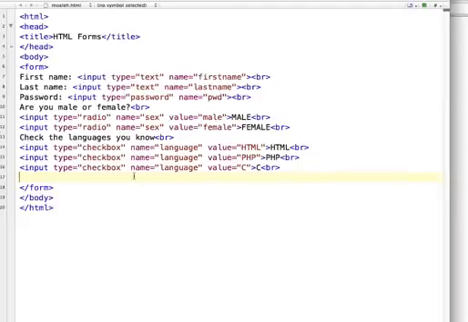So at last I'm going to discuss submit buttons. Submit button is very simple. It is input type submit and the value is submit. This is all about our HTML forms. Let's see how it looks. Yeah, so we have a first name text field, last name, password, we have some radio buttons and